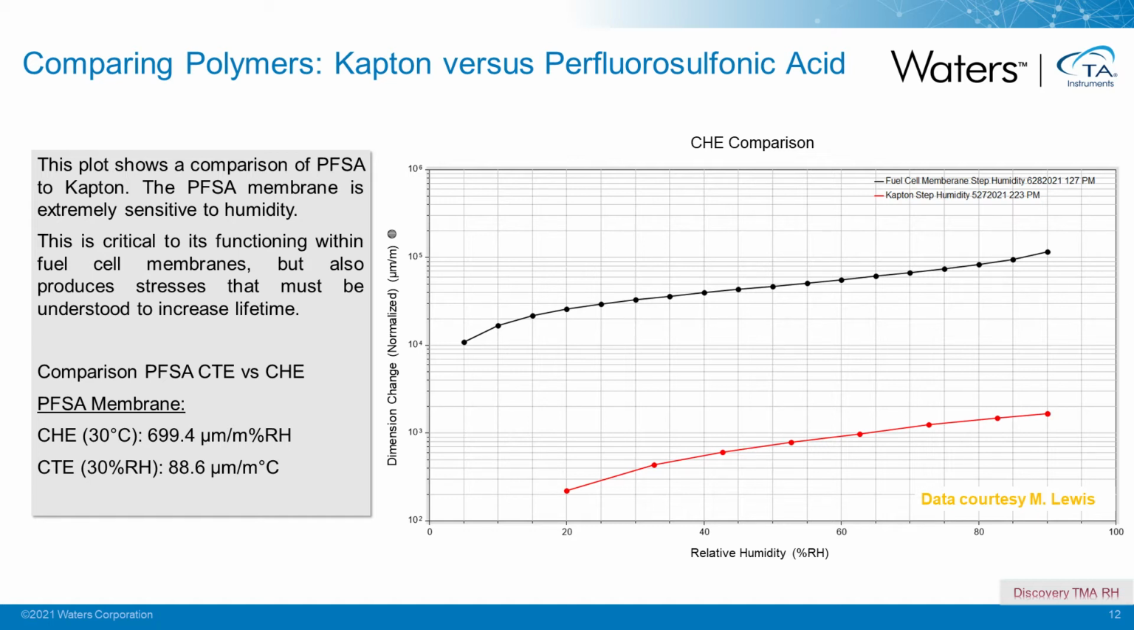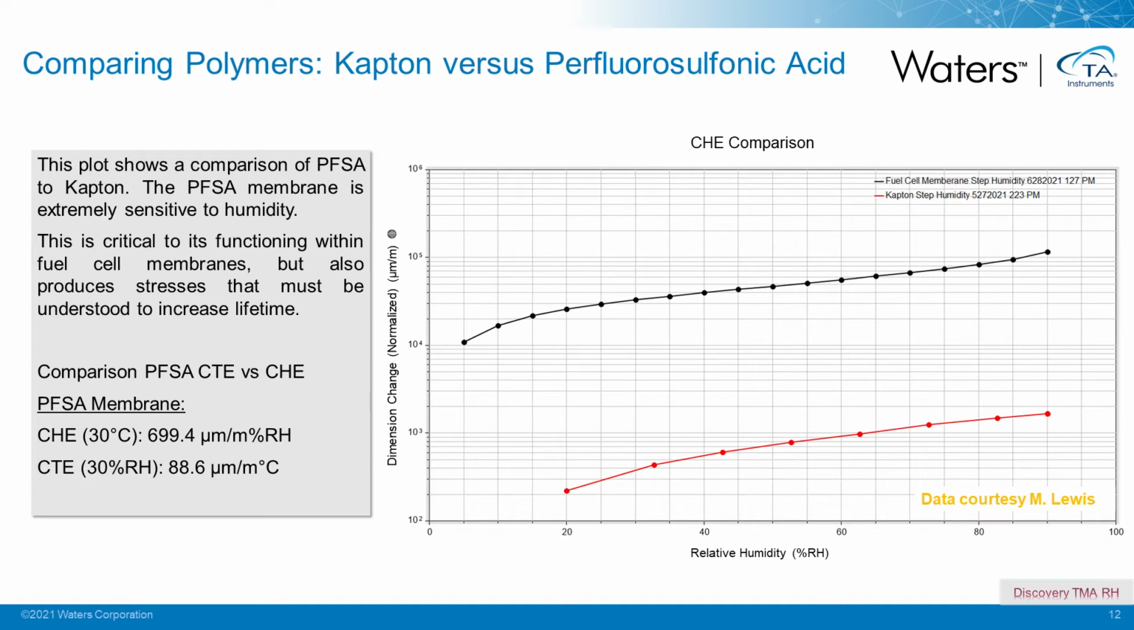But you can see we've actually plotted the Kapton data on the same graph here. And I want to say that this data actually is courtesy of Matt Lewis from our engineering department. You can see that PFSA has a very large expansion. It's more than an order of magnitude, its dimension change, as compared to Kapton. So this again becomes something that is necessary for people to know when they actually are doing battery construction, so that you can avoid failures, increase the lifetime of the battery,